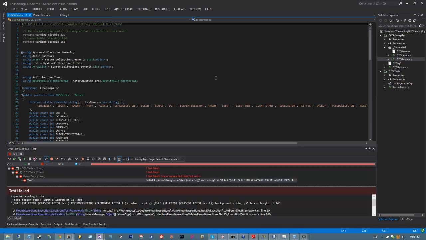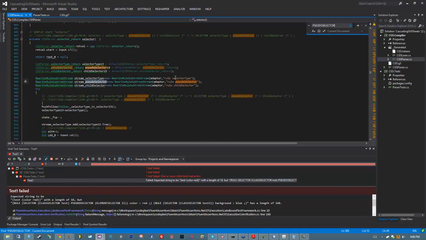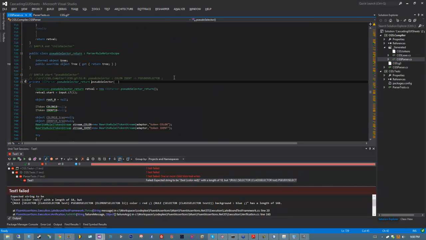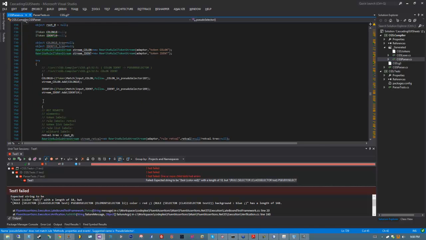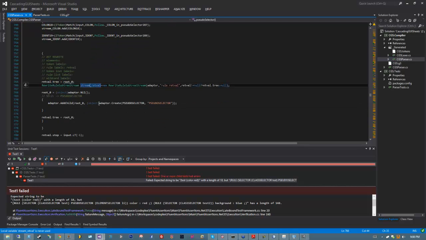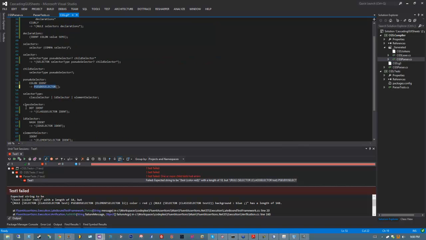If I go into my generated parser and I look at my pseudo selector, oh, come on. Don't be like that. Here we go. What we have right here is my return value. Notice how it does an adapter.create. Keep this in mind because we're about to change what code goes in here. What I want to do is place the value of the text of identifier into the text of this new token. And I can do that by doing $ident,